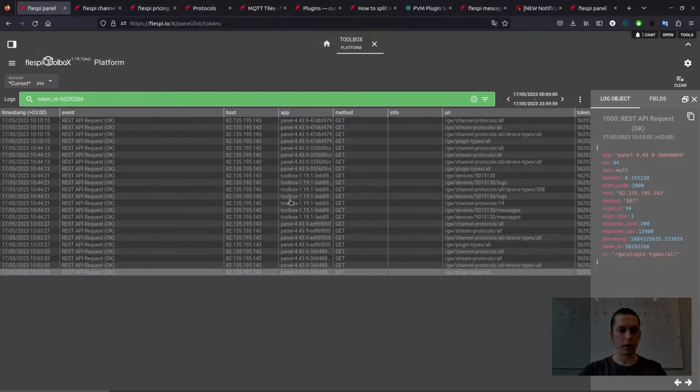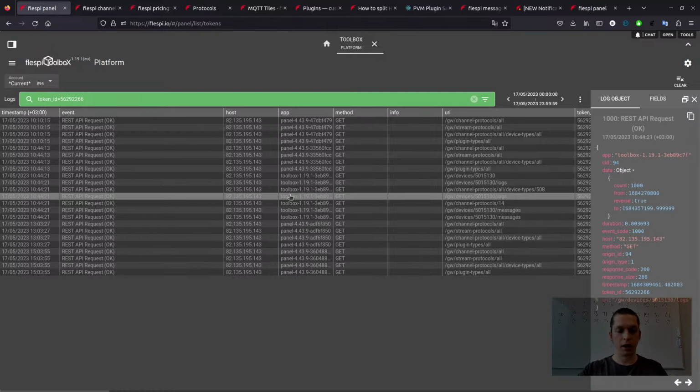It means that they opened the panel. This means that they opened the logs and messages tab of a certain device. So every request they made, every session they opened with the token, may be filtered by the token ID they used for it. So this is a pretty useful tool for investigation, so you can even get their address by IP and find them wherever they are.